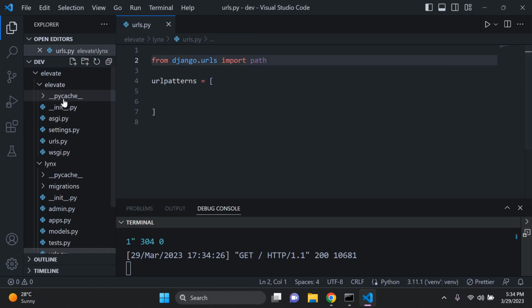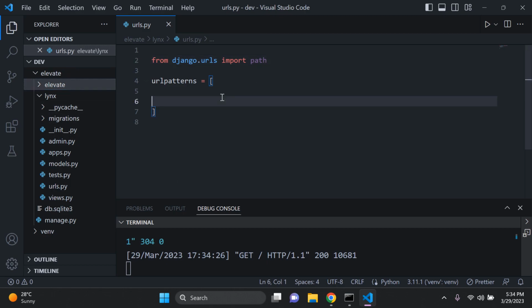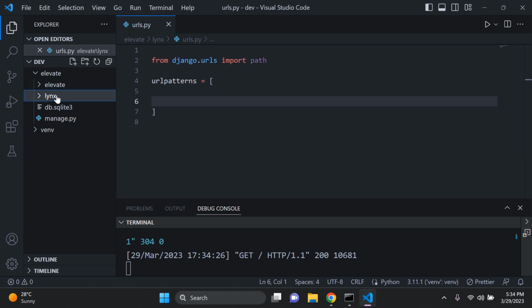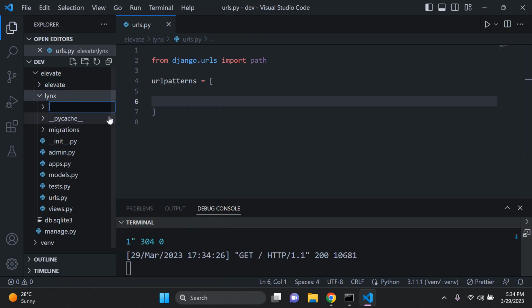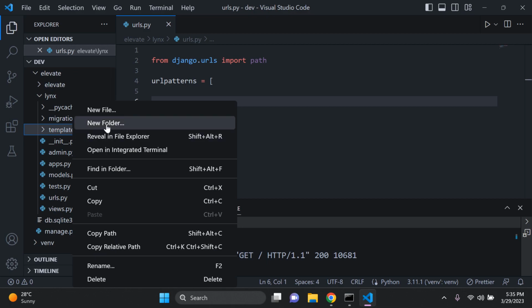And here in our URLs, what we want to do is create a view and set up our templates. So next in our app links, we can go ahead and right click, say new folder, and we want to create a templates folder. Now, usually we can just add in our index.html files here manually, but to ensure we don't have namespace errors, it's better to create a subfolder with the name of your app and then create the template. So you can right click again, say new folder,